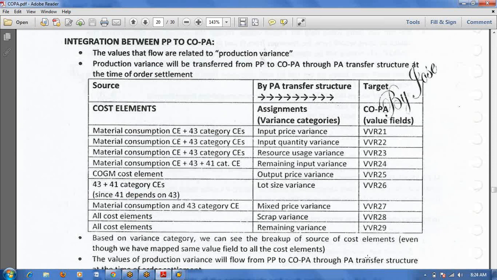Suppose delivery happened in this month, billing happened in next month. In that case, the COGS value won't match. Revenue will match always, and any sales related expenditure will match, and only COGS in some cases won't match.